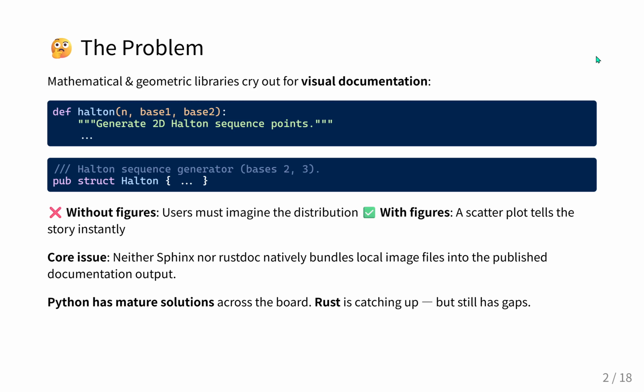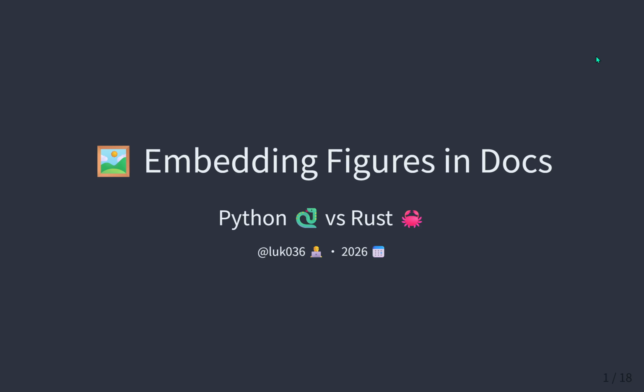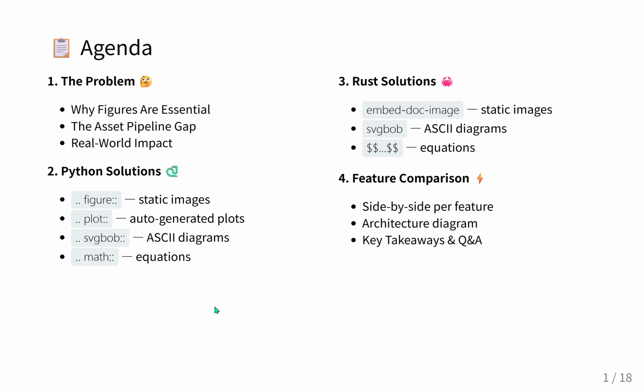So today, we're custom tailoring an exploration into a 2026 presentation by developer at Look036. It's titled Visual Documentation, Python versus Rust Asset Pipelines. And our mission here is to explore a hidden but absolutely crucial bottleneck in software engineering. We're looking at how the tools we use to document code handle, or completely fail to handle, visual